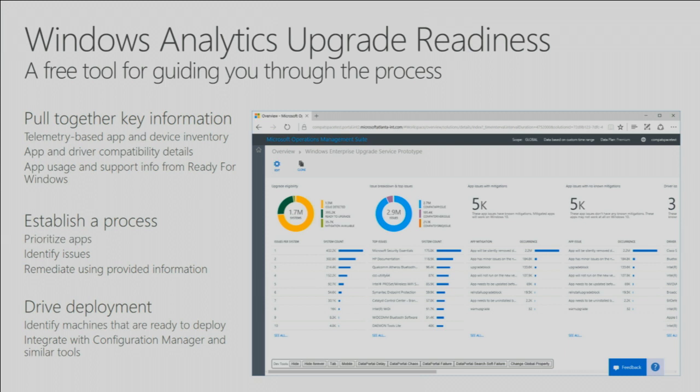Good news first, this tool is free. So what you have to do if you're on Windows 7, Windows 8, 8.1 is enable a specific patch on your system so that the client computer sends telemetry to the Windows Upgrade service. And on Windows 10, you can do the same thing. So what it then enables you is you have a portal, and what we always recommend customers is don't treat